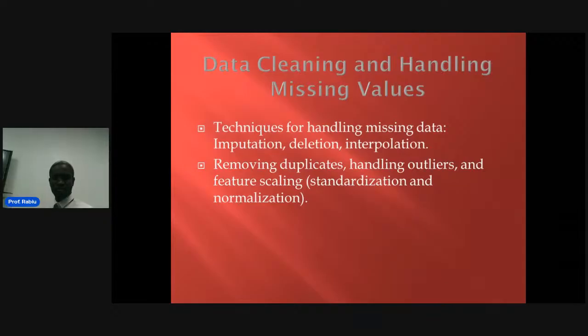Okay, then in data cleaning, handling missing values is quite important. Sometimes the data is missing by accident, by negligence. Sometimes it just happens. For example, you are a physician. You get a patient in a coma. You don't know his name. You don't know his age. You don't have his ID to check the blood group, all that.